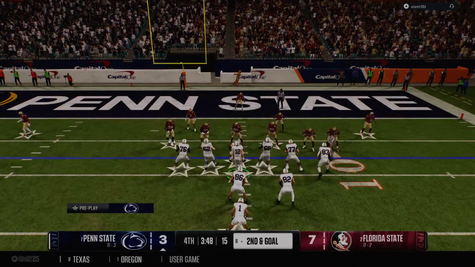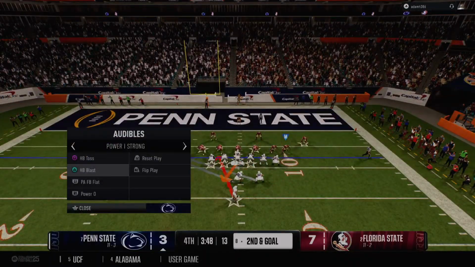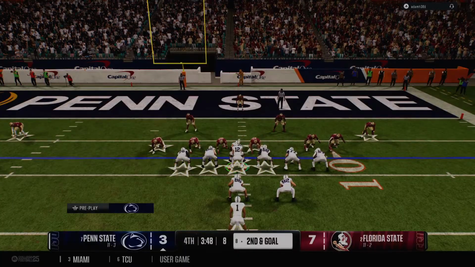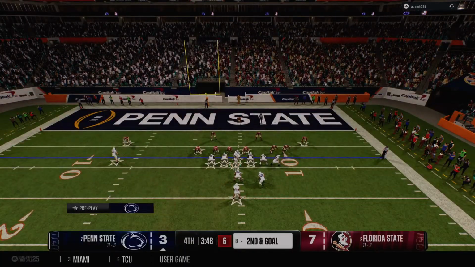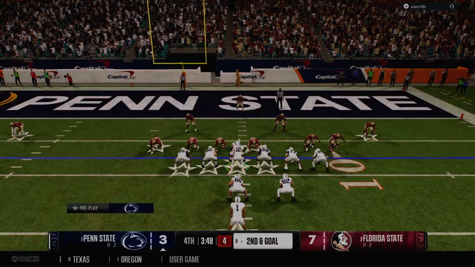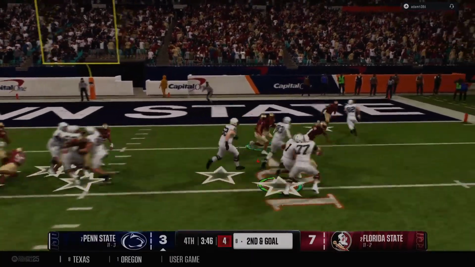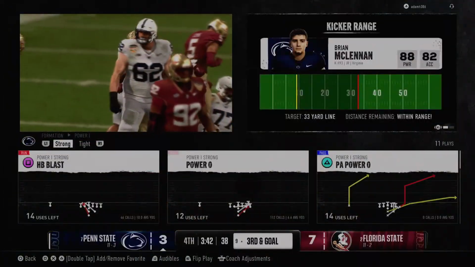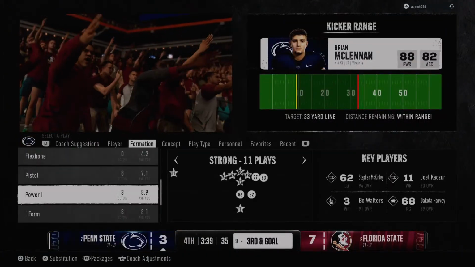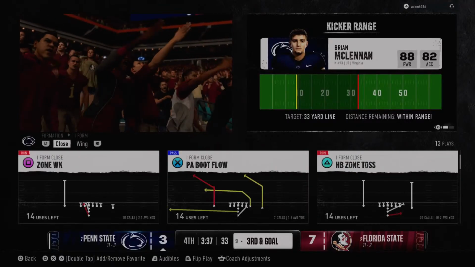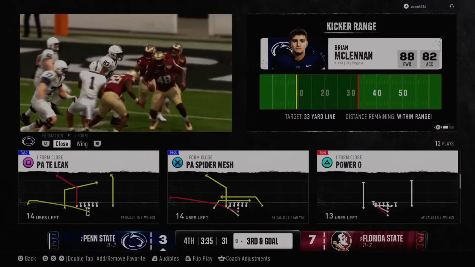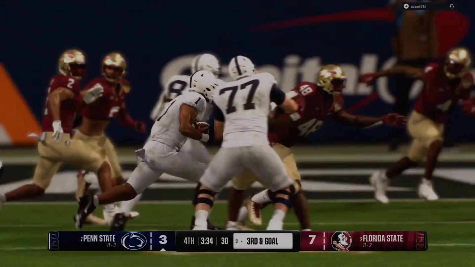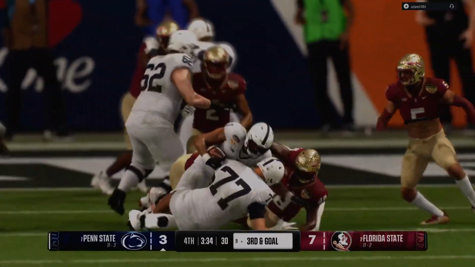Second down and goal upcoming. Same tailback, another carry. They'll stop him behind the line for a loss of 1. Well, they get stopped here on second down. It's going to bring up a third and goal situation. And from this far back out, wouldn't be surprised to see them go through the air. Just don't want the quarterback to take a sack here. Make sure he gets the ball out of his hands quickly.